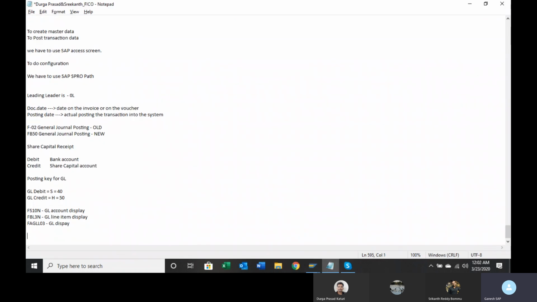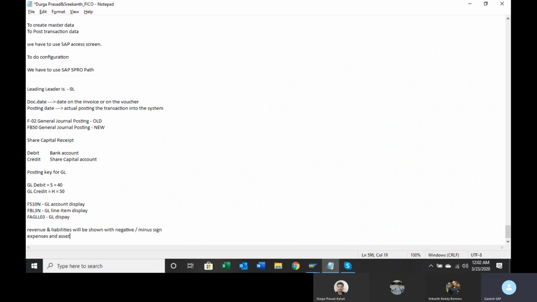Revenue and liabilities will be shown with negative symbol, negative or minus sign.